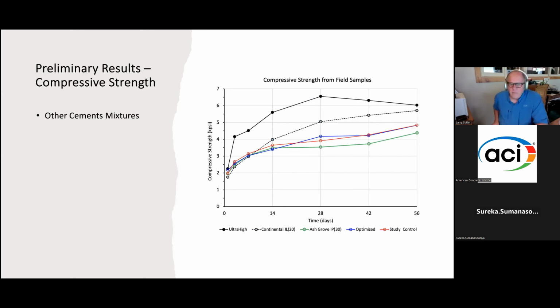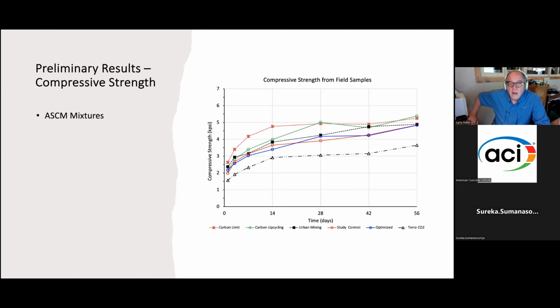We go to the other various cements. We have the 1L20, you have the 1P30, and the ultra high. You can see the ultra high where it gets its name. It definitely has a much higher strength. And again, as I said, one of our challenges is trying to get the strength down on that mixture. The Continental 1L20 is a dotted black line, and you can see it really performed quite well. It's outperforming the controls. Again, this is a different clinker, so you have to take all these things into account, but nonetheless, at the very minimum, you can say that it's in the same ballpark as the controls.